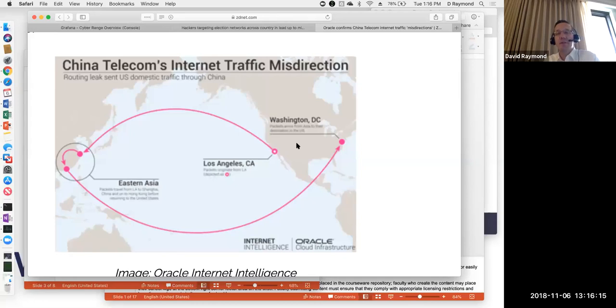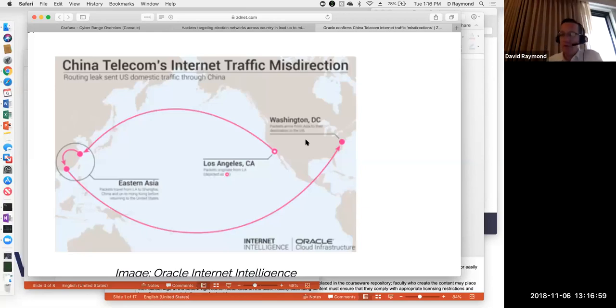And so that's a good thing in general, but it's a bad thing in a sense that the routing algorithms that cause that to happen are vulnerable to people who potentially might misuse them. So these core routers all communicate with each other through a particular protocol called BGP, Border Gateway Protocol. These routers send these BGP messages back and forth to each other all the time. And basically what those messages are saying is, hey, these are the routes that are available to me. And so they're advertising network routes, internet routes to each other.